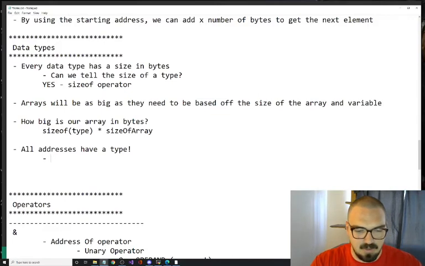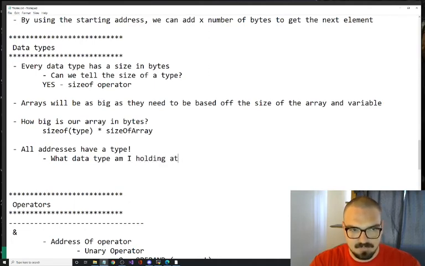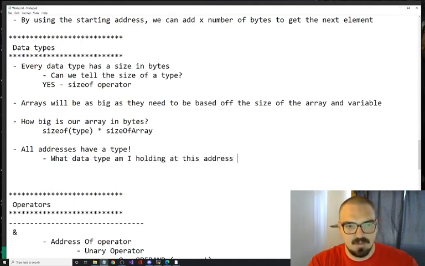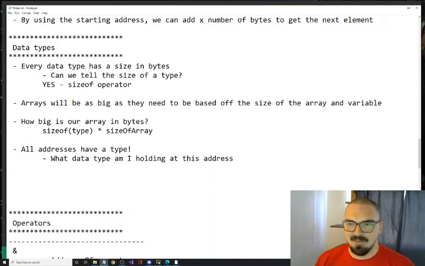So basically that question it asks is, what data type am I holding at this address? All right, so now we're going to have a little bit of fun with C++. And this brings us into pointers. So we're going to do that real quick.